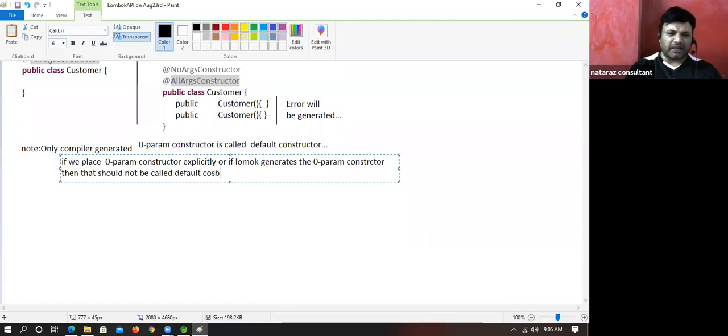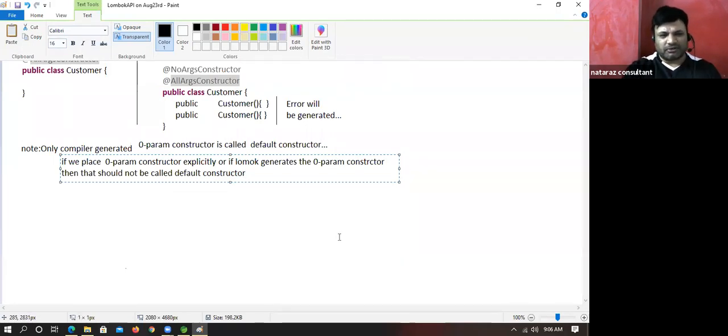This is the one blunder mistake everyone will do in the market. They call every zero param constructor a default constructor. Don't do that mistake. What's the English meaning of default? The one that comes if nothing is there, that is called default, right? You only placing it, or you are asking to generate through Lombok API. How does it become default?